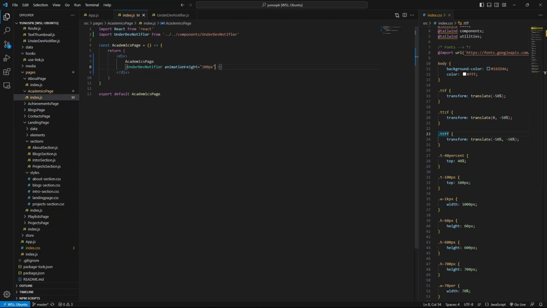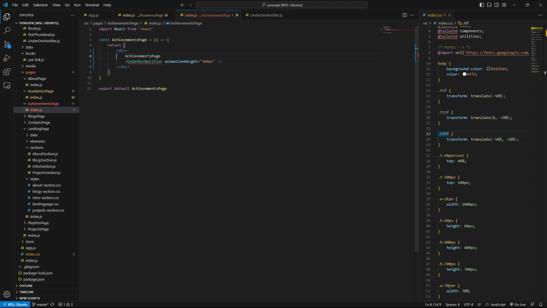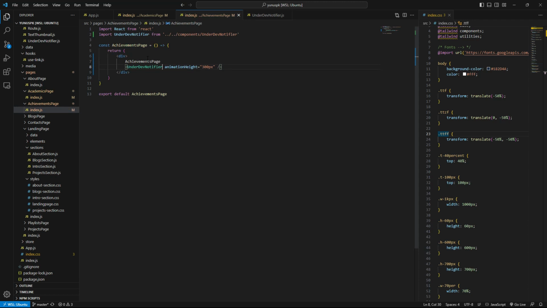And now I'm gonna copy this entire thing, and go to the achievement page index, and just paste, and remove one character, put it in again. Now we get the recommendation, and I hit enter, and it just imports it.